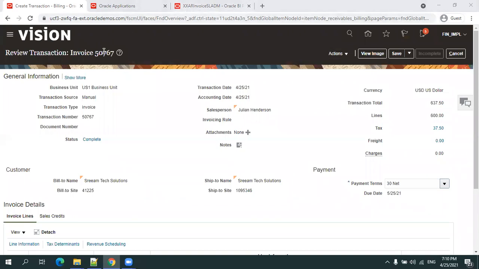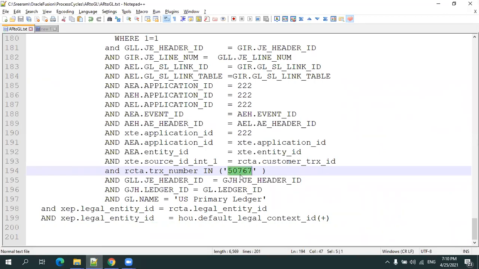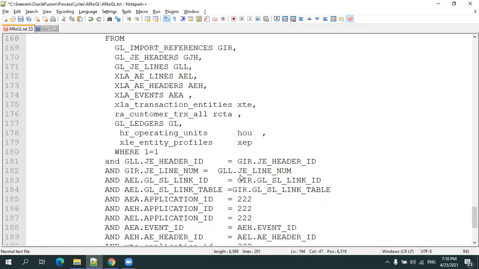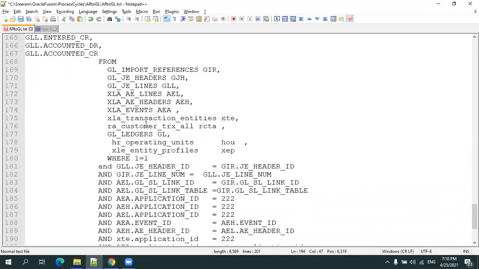So what I'll do is make a note of my invoice number. I think we have done it already. Yeah, make a note of the invoice number. I have a query. Here, if you observe, most of the tables in the GL, maybe if you're aware, we have main tables like GL batches, GL headers, and GL lines. And here I used all of them mostly, and GL ledgers. Now what I have done is I joined all my GL tables. Not only that, I have joined the RA customer transactions table because I want to get the SLA details, nothing but the subledger accounting details of my AR invoice, which got posted into the general ledger.